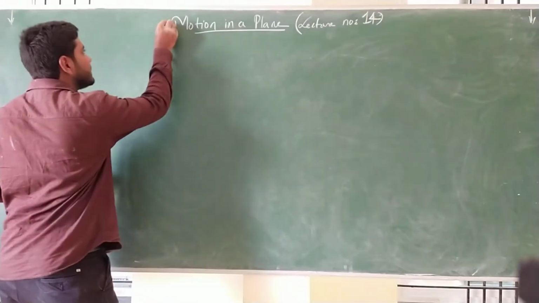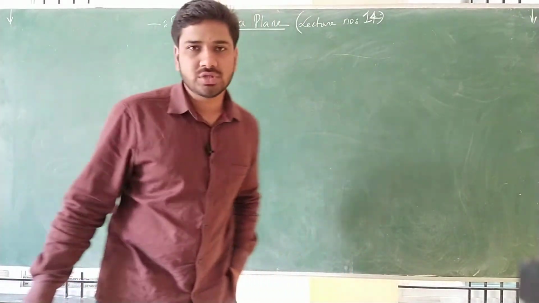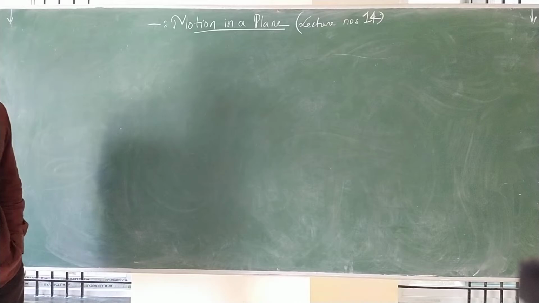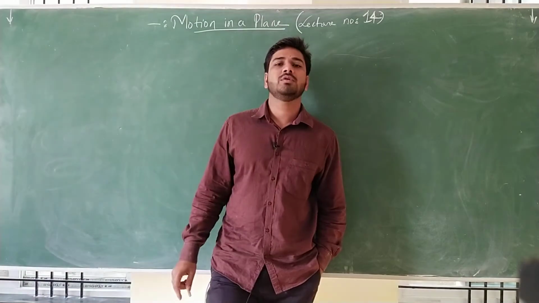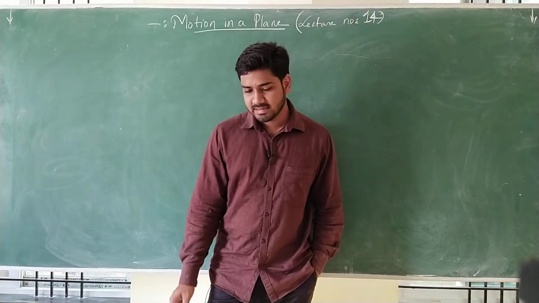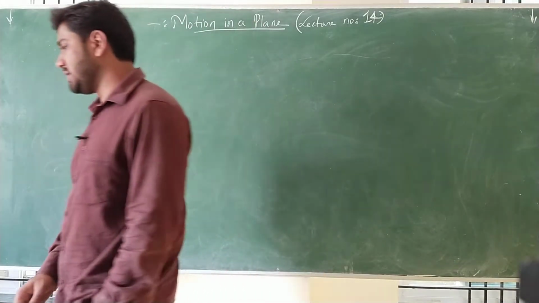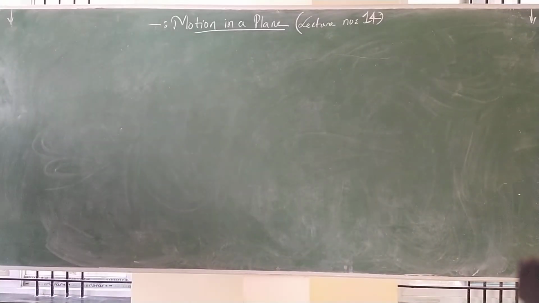So in the last class we have seen the cross product of two vectors. In today's class we are going to see one of the most important problems, so that they can ask that kind of problem. Just write down the problem with me. Show that vector A and B are perpendicular to each other or parallel to each other.